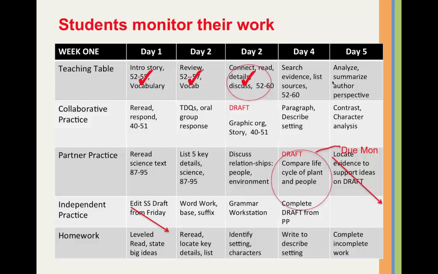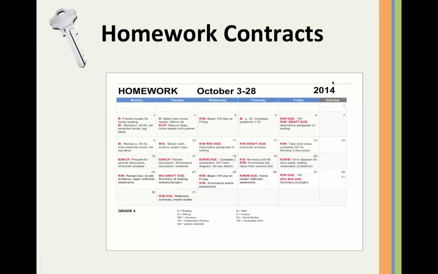So we also teach the students to monitor their completion. They put check marks when they finish something on their contract. They circle it. I can differentiate with my groups. I can circle and move things, exit off their contract, but all students get the same contract. This is a homework contract using the same concept.